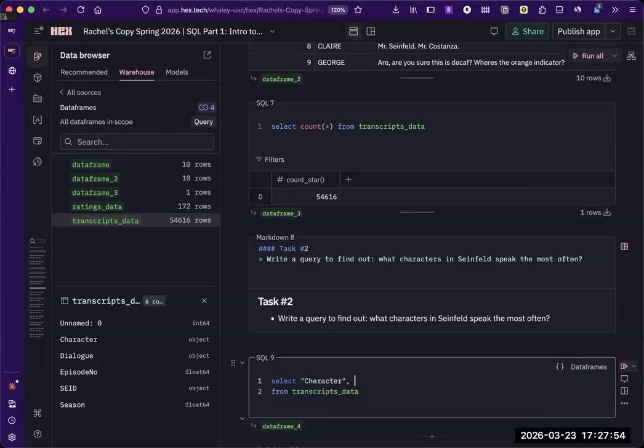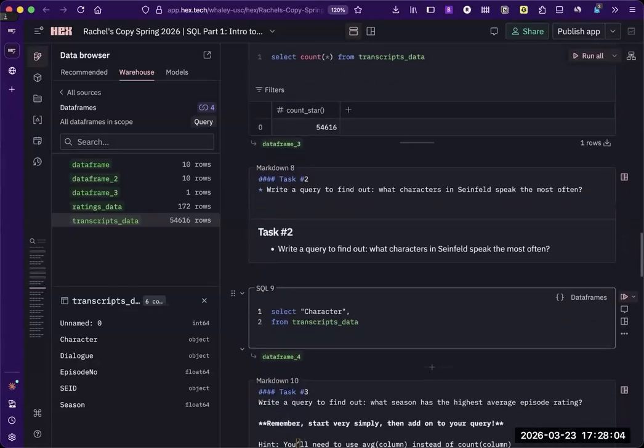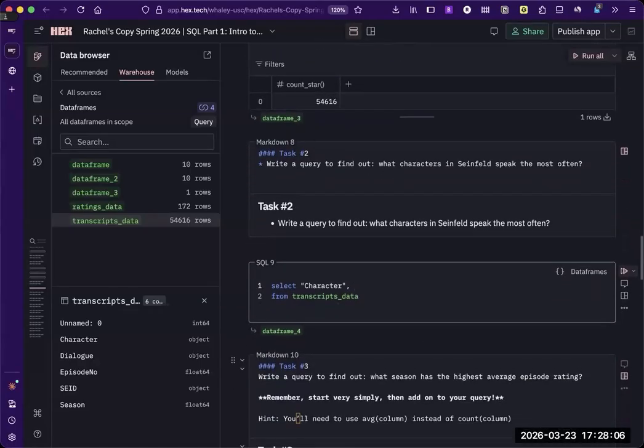It may put quotes around character. That's only because it has a capital letter. You can also take character all lowercase. That will work as well. All right, let me move this up on the screen so it's a little easier to see. Okay, so I'm going to select character from transcripts data, and then I'm going to need my lines of dialogue,